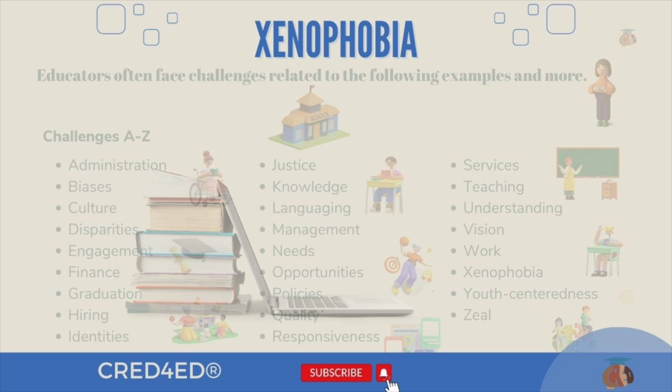And one of the things that the source material does a really good job of is digging into the root causes, the why of xenophobia. Where does this stuff even come from? One of the things it highlights is simply a lack of exposure to different cultures. I think it's natural to be a little bit apprehensive about the unknown. If you haven't encountered a certain culture or people from a certain background, it's natural to be a little bit wary. But when that wariness turns into fear, that's where it becomes problematic. It crosses the line.